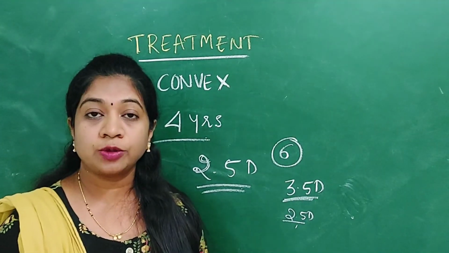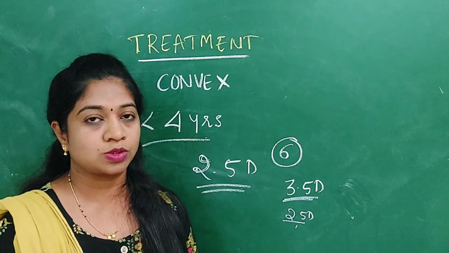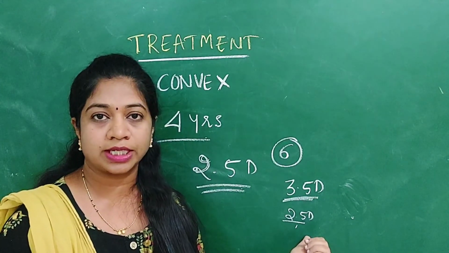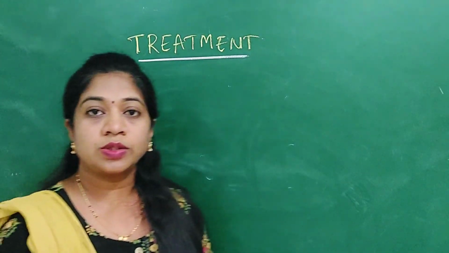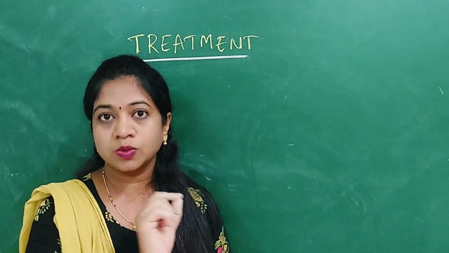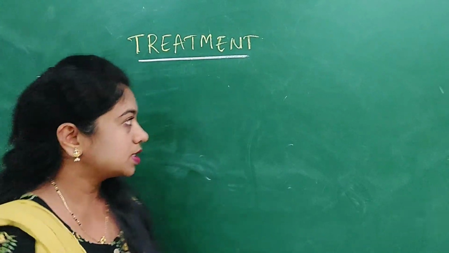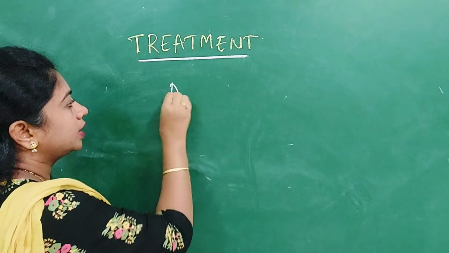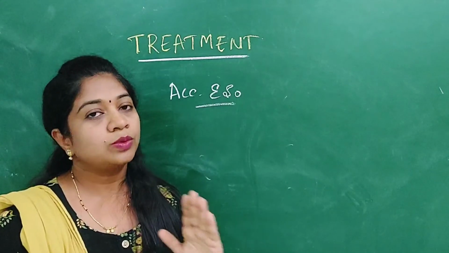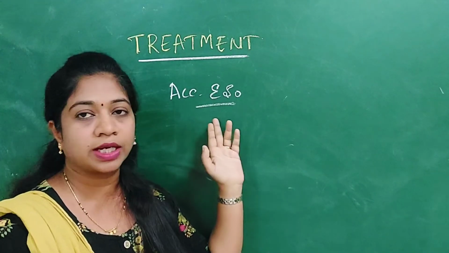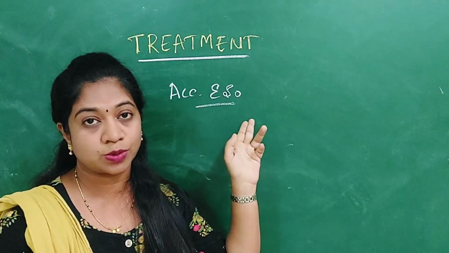What if the hypermetropia is associated with astigmatism also? Then you will have to fully correct the astigmatism and give the hypermetropic correction as I told just now. Till now I explained those patients who didn't have any squint. When it comes to squint, suppose the patient is having accommodative esotropia, then you will have to give the full correction. Whether the patient accepts it or not, you will have to give the full correction when the patient is having accommodative esotropia.